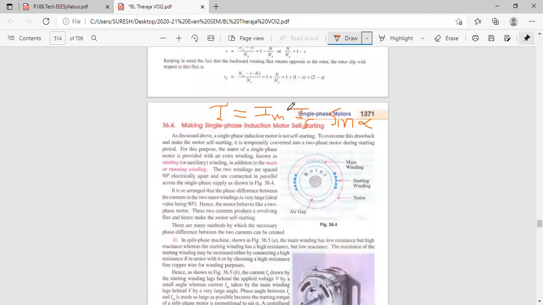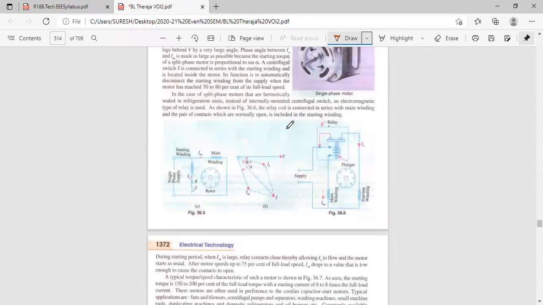Now see here. Now what is the angle in between IM and IS? Alpha. Okay, alpha is the angle. Now see here, IS and IM, the angle is alpha. Angle in between IS and IM is alpha. Your torque is equal to IM multiplied by IS sin alpha. Alpha is the angle in between IM and IS. Okay. Now construct the parallelogram for IM and IS.